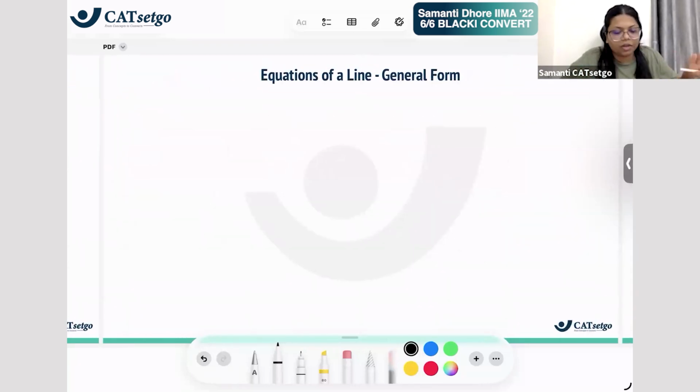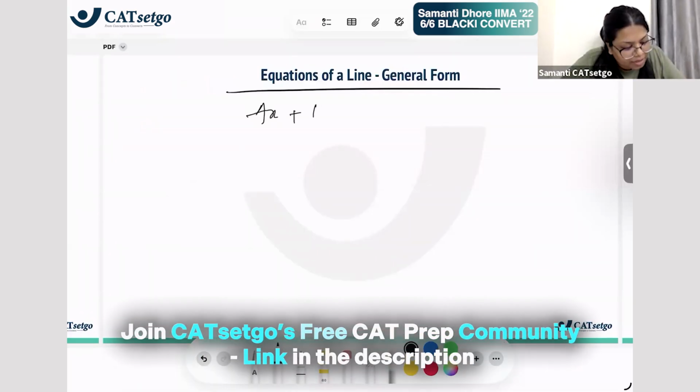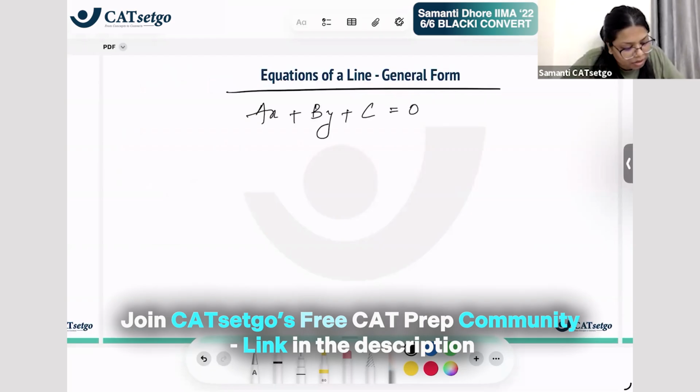And the fifth equation is the god of all equations, and that is the general form. This general form is basically a linear equation, because a line is represented by a linear equation. We saw it in functions also. So the format is ax plus by plus c is equal to 0. This is the general form